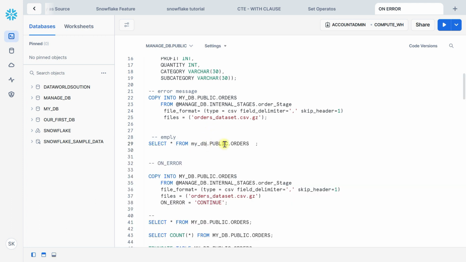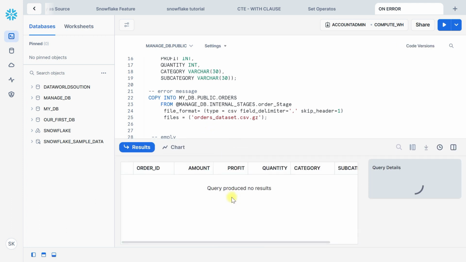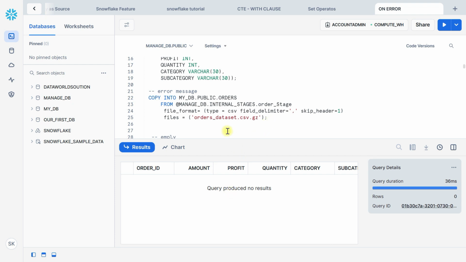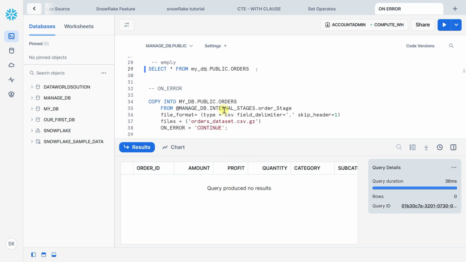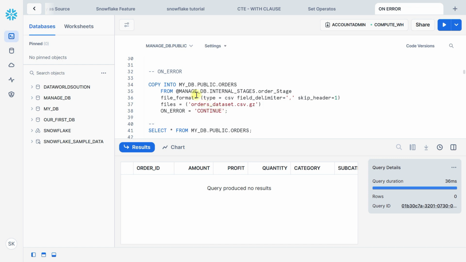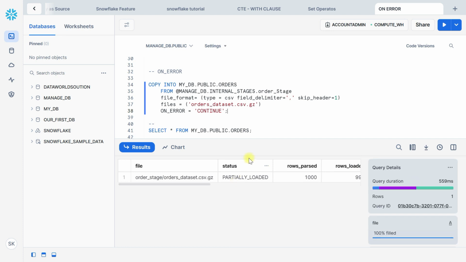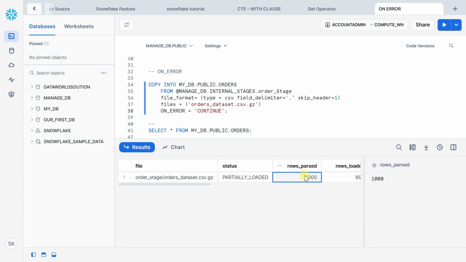Let's verify that nothing has been loaded in this table. You can see here that no data is loaded. Okay, now use the ON_ERROR option to skip any error. ON_ERROR CONTINUE tells the COPY command that if any error occurs, please continue loading data and ignore that error. Okay, so let's see. Here 1000 rows parsed and only